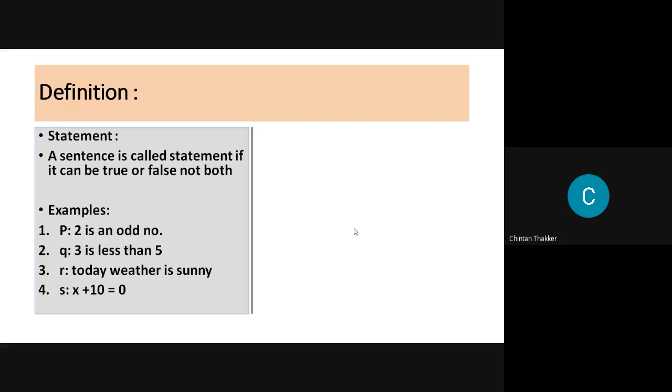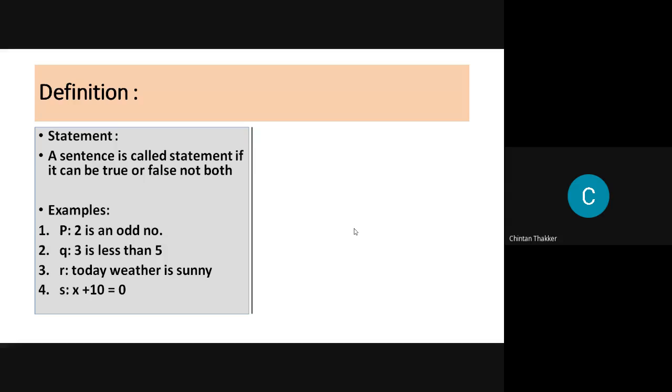If it is given that x is a natural number, then the statement is false because x equal to minus 10 is not a natural number. The natural numbers are 1, 2, 3, 4 up to infinity. So for that, it is false. So here we cannot say true or false.